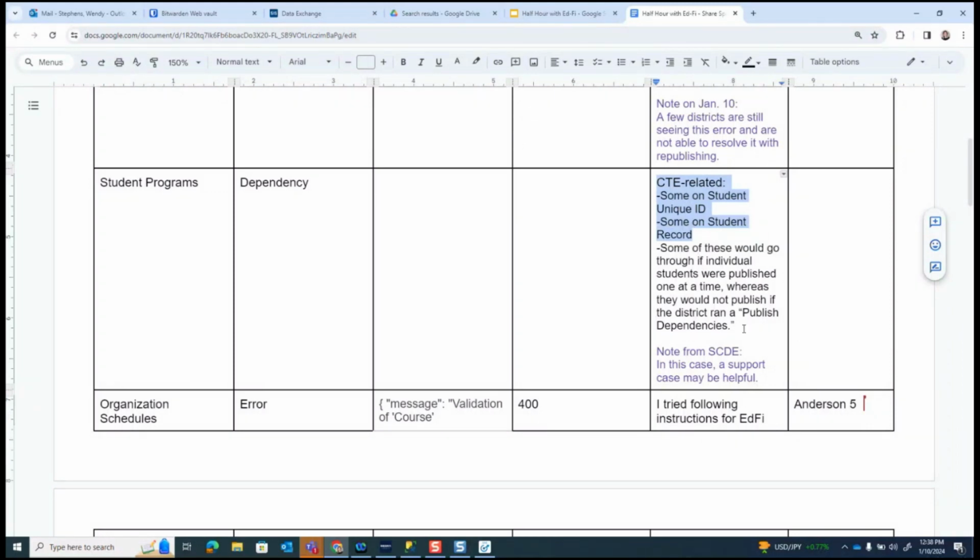This one you may need to open up your mic, because there are a few things going on there, I think. In the comment. This is Jennifer with Horry County, and I'm the one who brought that up last week. I tried again yesterday, and when you run it individually, it's taking about 1.5 minutes for each kid before it'll publish. Wow.